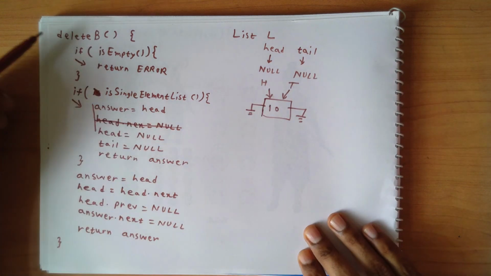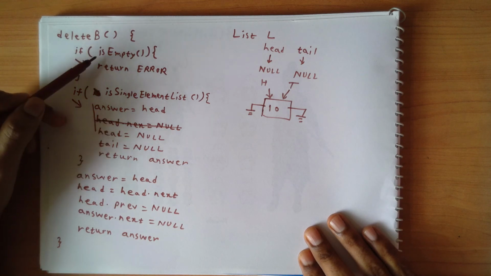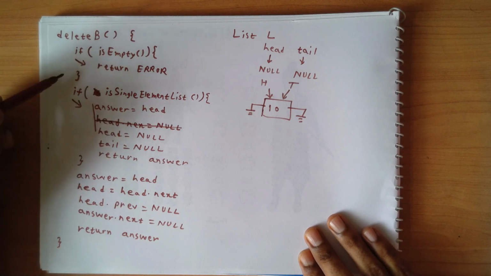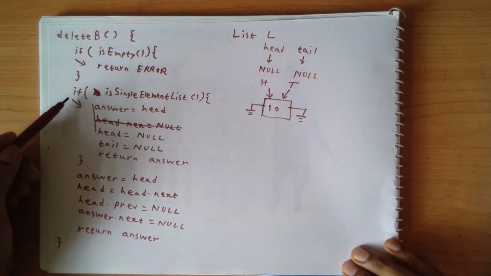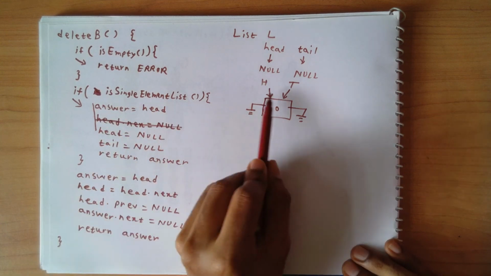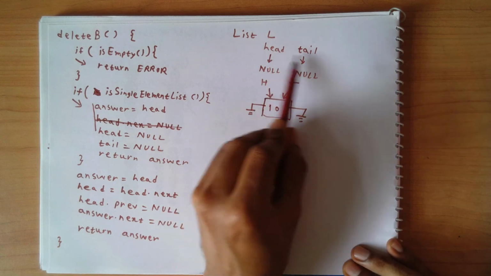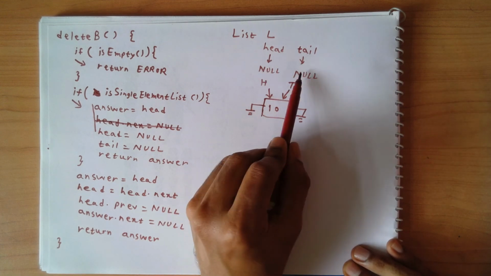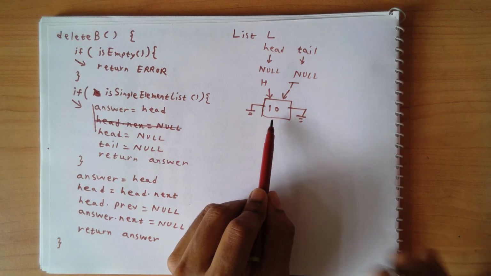Okay, so if I call delete from the beginning in such a scenario, this particular conditional block will be skipped because is empty is going to be false. Now I'll ask the question, is it a single element list? So again I'll expect you to go and write this function where you have to check if both head and tail are equal and they are not null. See, in case of an empty list, head and tail are equal but they are null. In case of a single element list, head and tail are equal but they are pointing to a non-null value.